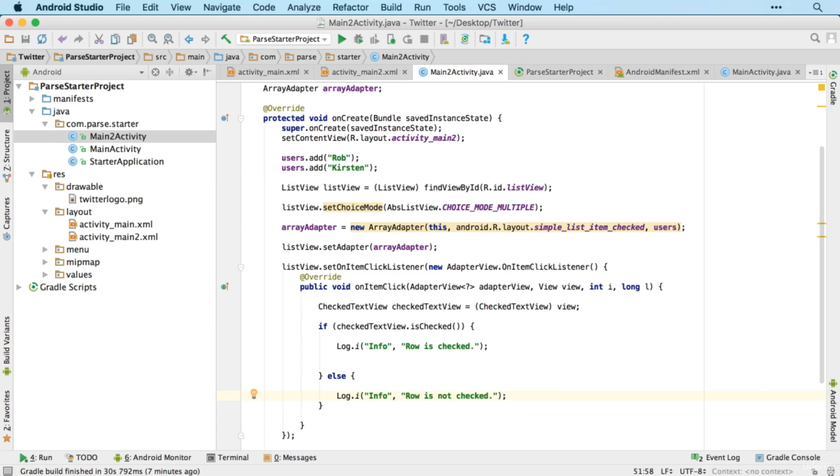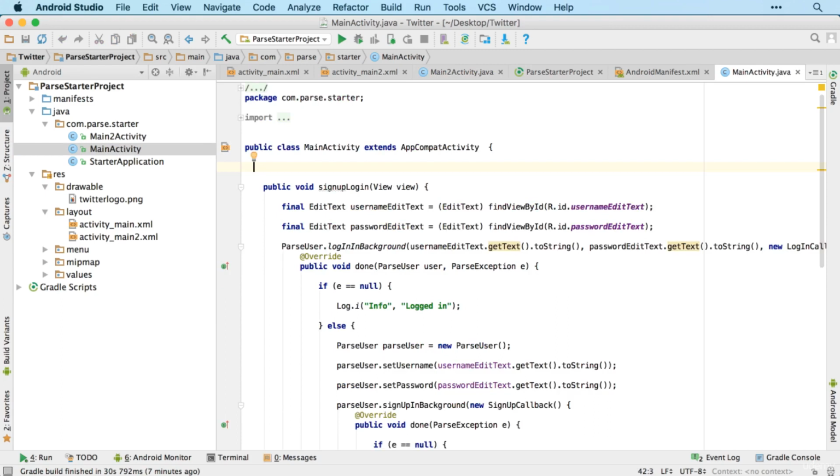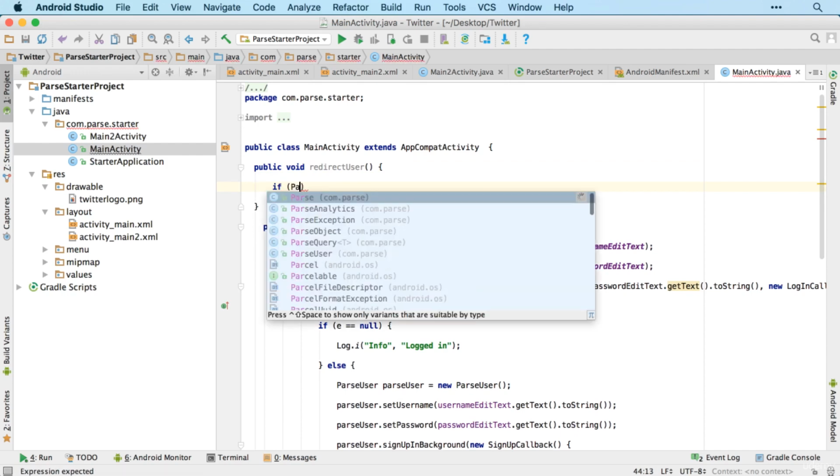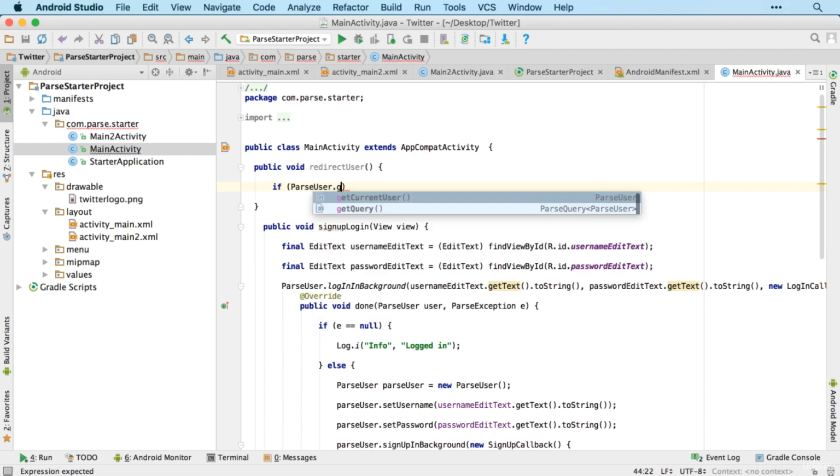And then the other thing we need to do before we run the app is actually set up the redirect when the user is logged in. Otherwise, we'd never see the new activity. So I'll set this up as a method, redirectUser. And I'm actually going to check whether the user's logged in in the redirect method here. So if ParseUser.getCurrentUser is not null,